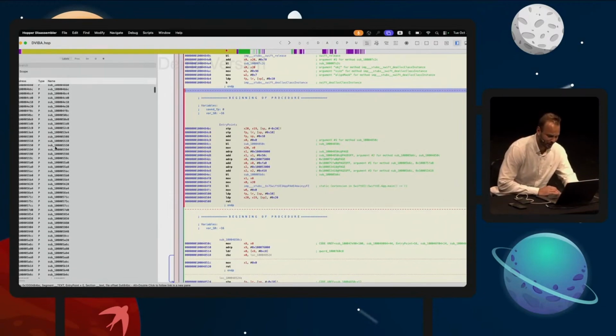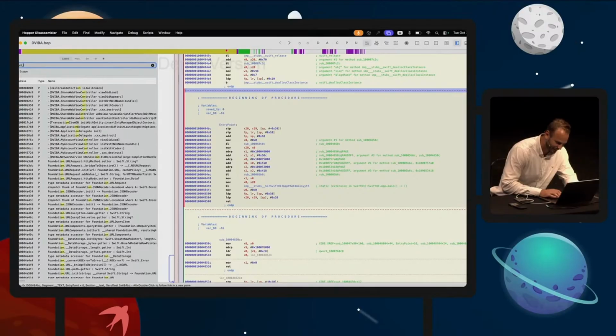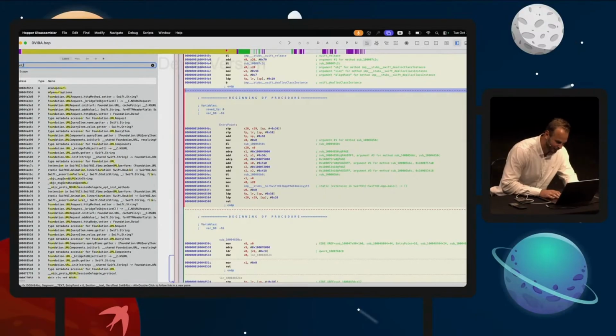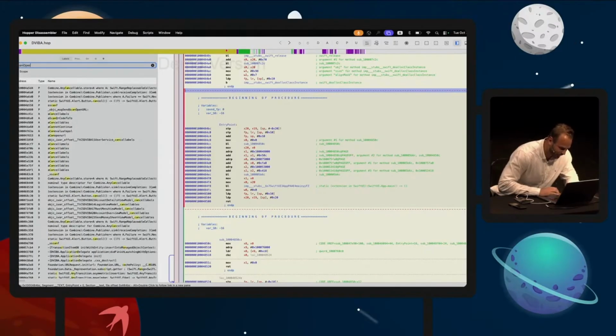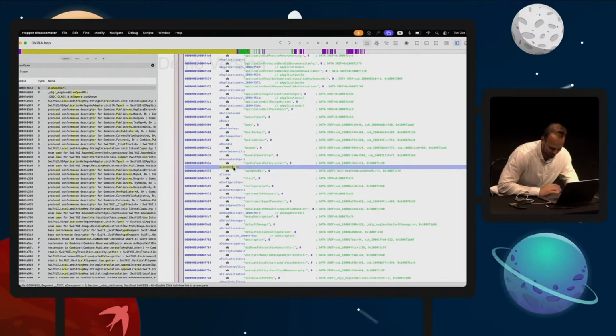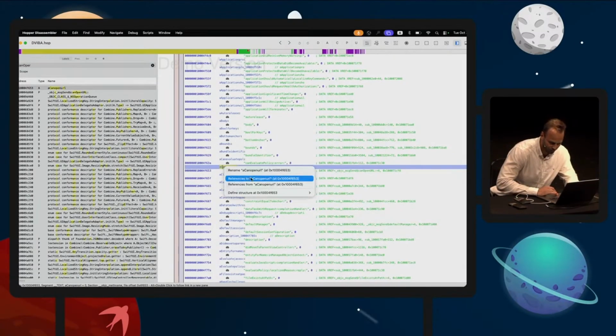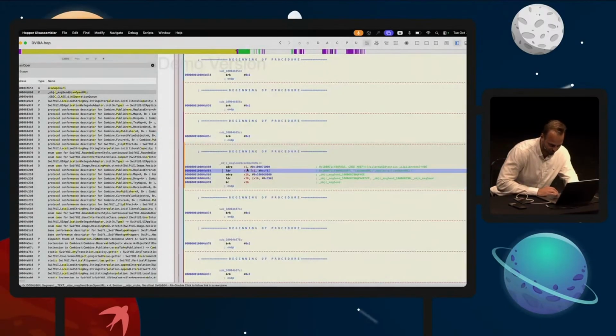So can anyone from the audience tell me how deep links are handled in SwiftUI? I think it's onURL, canOpen, something like that. So canOpenURL, that's definitely something. But this is the Objective-C API. So I'm just trying to figure out how it's handled. So here is canOpenURL. So we can have a look at the references in the binary and where it's called. So this is basically opening a URL.